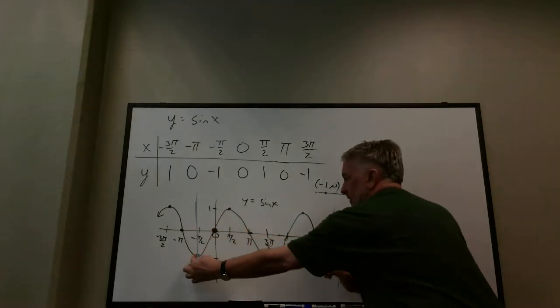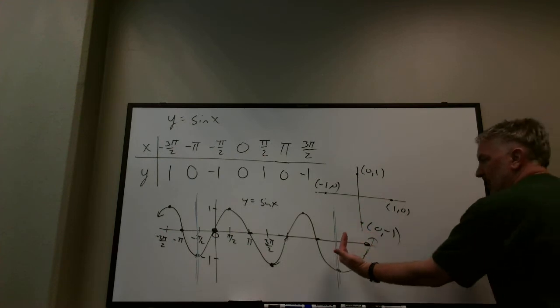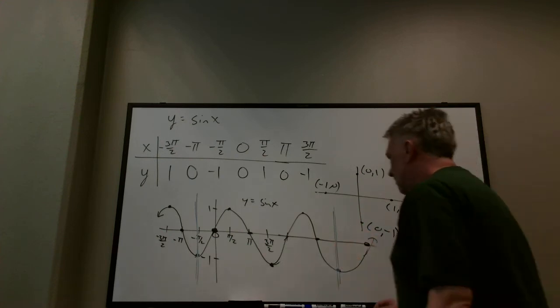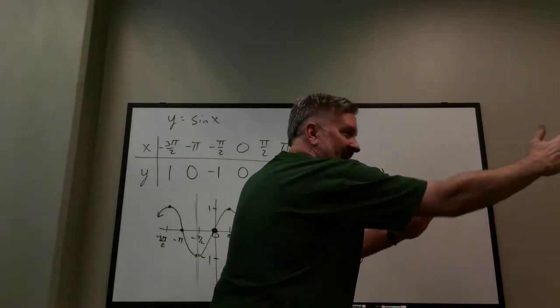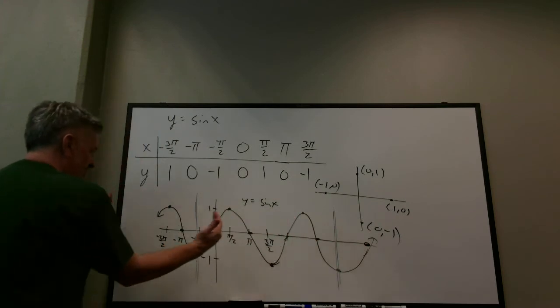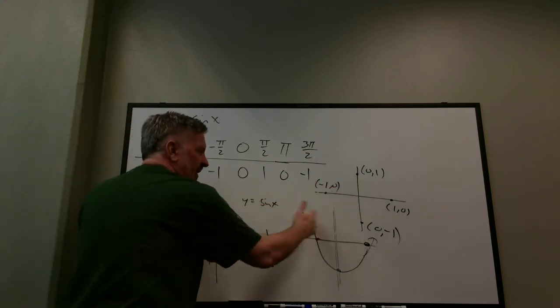Again, from here to here, if I picked that piece of the graph up and moved it over and put it back down, it would fit. It would continue the pattern, right? And you could place it again and again and again, and you would get the whole graph eventually. And same thing down here, right? Pick this up, move it over here and place it. So if I just took this piece and repeated it over and over again, I would get the